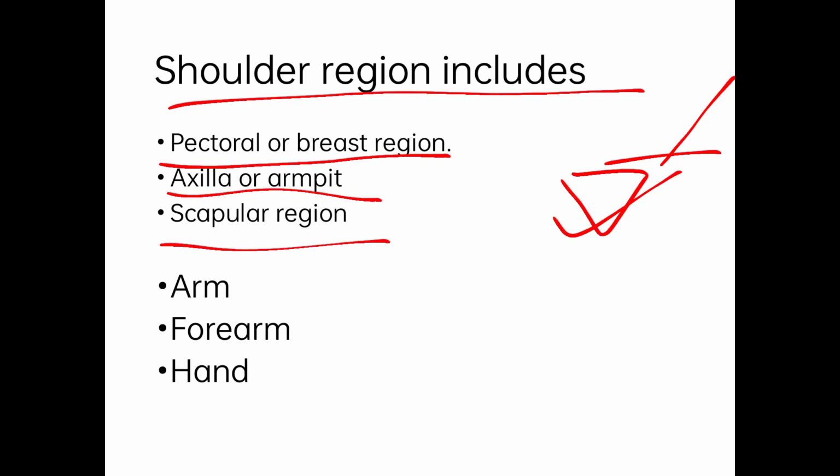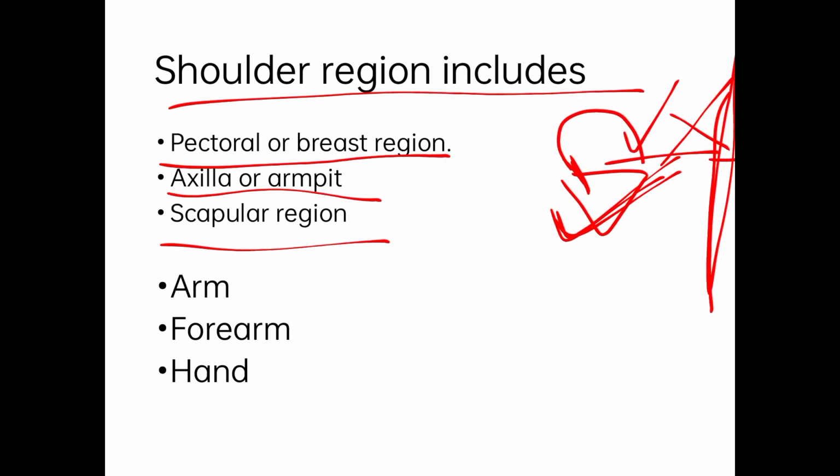Of these, only the clavicle articulates with the axial skeleton. This here is axial skeleton. So clavicle articulates with the axial skeleton at the sternoclavicular joint. The scapula is mobile and is held in position by various muscles. The clavicle and scapula articulate with each other at the acromioclavicular joint. Acromion is a part of scapula which articulates with clavicle and forms the acromioclavicular joint.